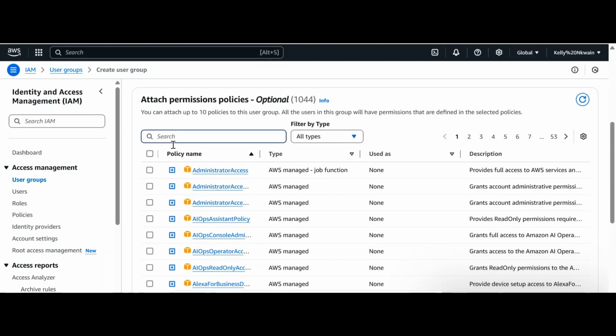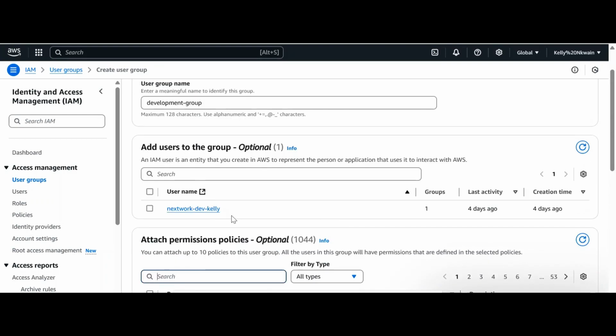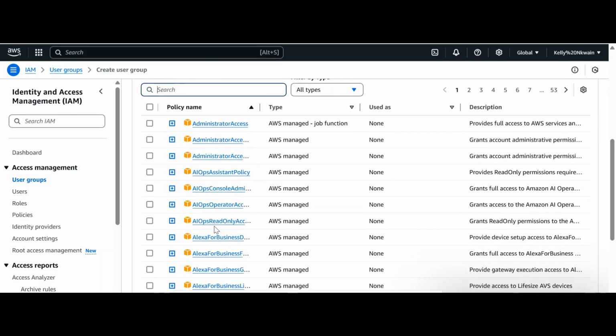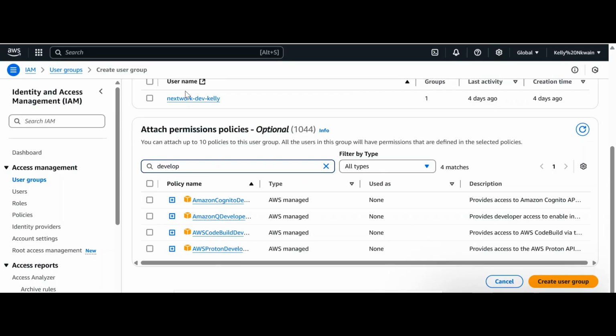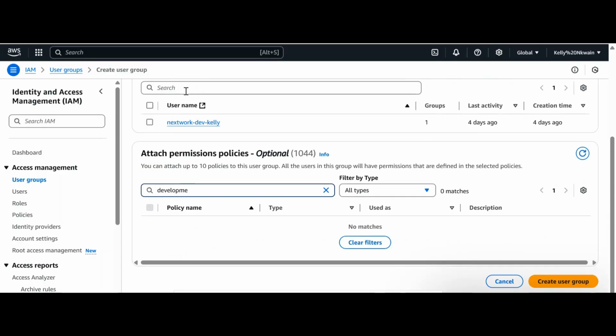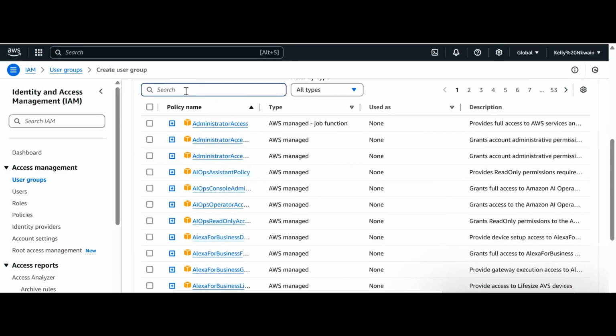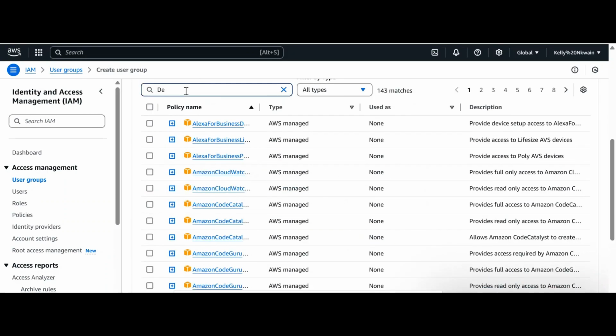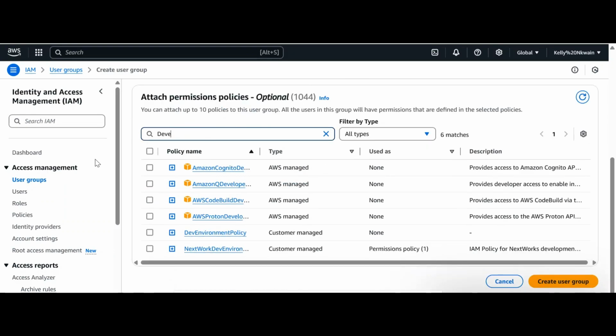Now we have to assign the policy for this group. You remember that we created a policy before. You can decide to attach different policies here using this. So we'll search for that policy that we created. This is our policy, dev environment policy,